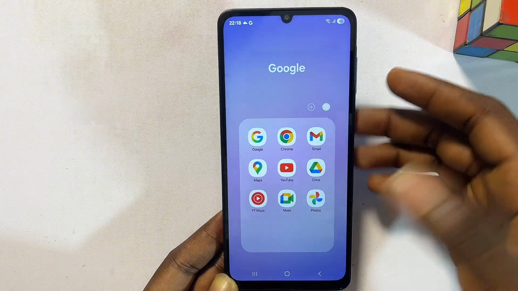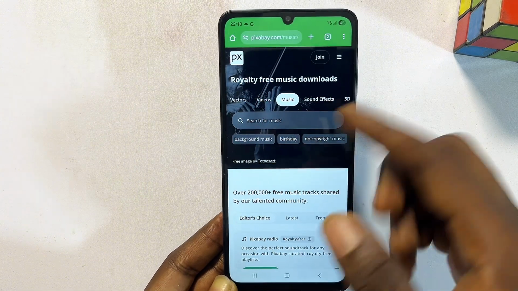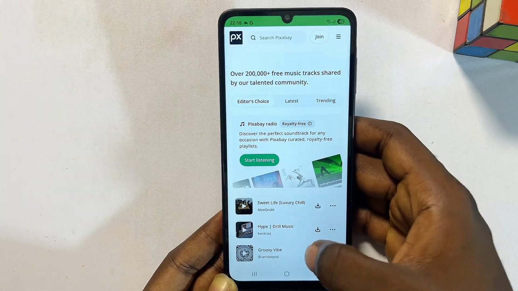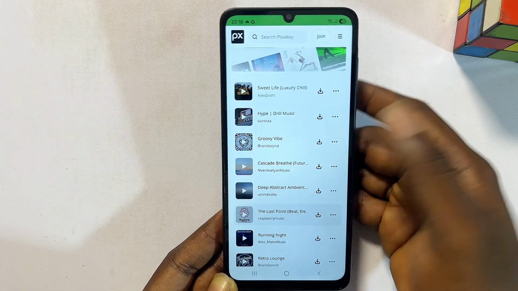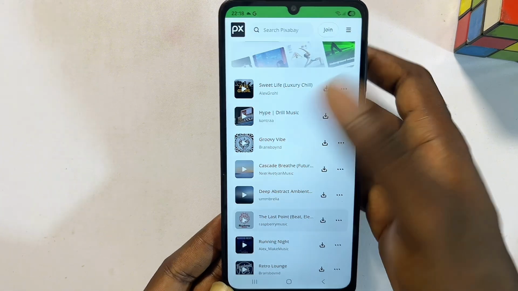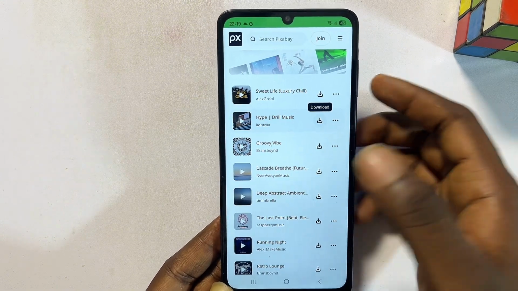One of the most popular, which is actually the one I use, is the Pixabay website. So on their music section over here, you should be able to find lots of music you can actually download because they are actually royalty-free. And you can actually just play them from over here. If you like the song, you can click on the download button and that particular song will be downloaded into